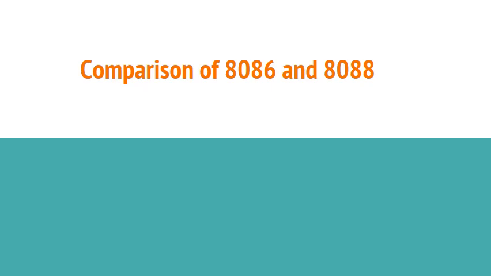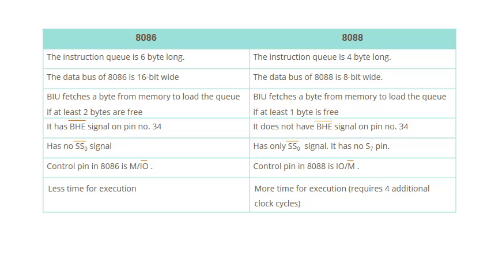Now let's look at the comparison between the 8086 and the 8088 microprocessors. The instruction queue or the code prefetch queue in 8086 is 6 bytes long, but in the case of 8088 it is only 4 bytes long. The 8086 has a 16-bit wide data bus, whereas 8088 has an 8-bit wide data bus. The bus interface unit will fetch from the memory to load the queue only if there are at least 2 bytes free in the case of 8086, whereas in the case of 8088, the bus interface unit will fetch a byte from the memory to load the queue if there is at least 1 byte that is available